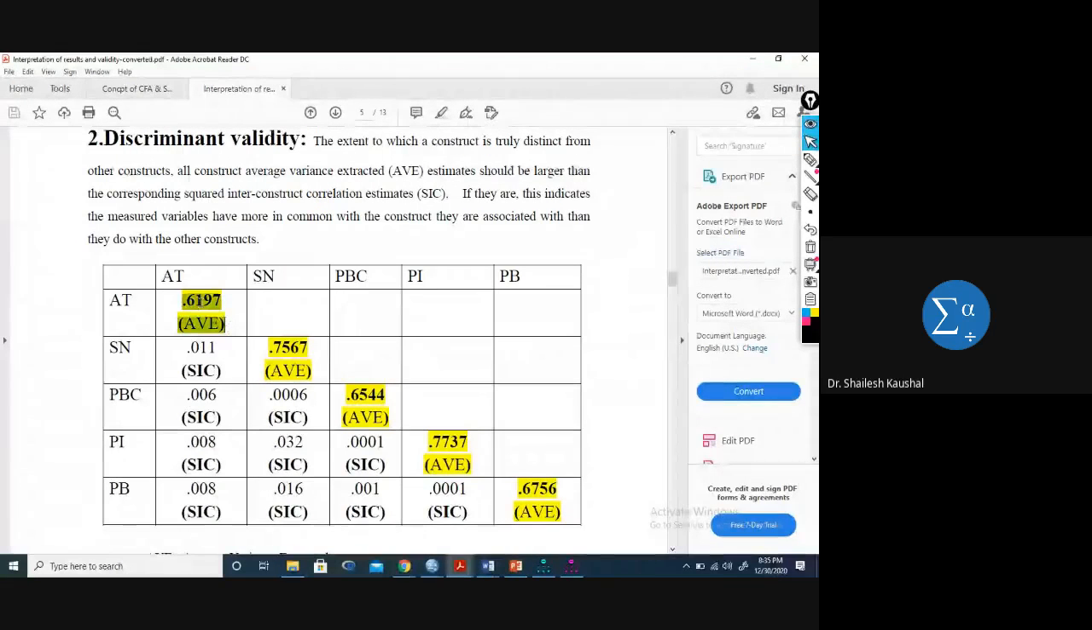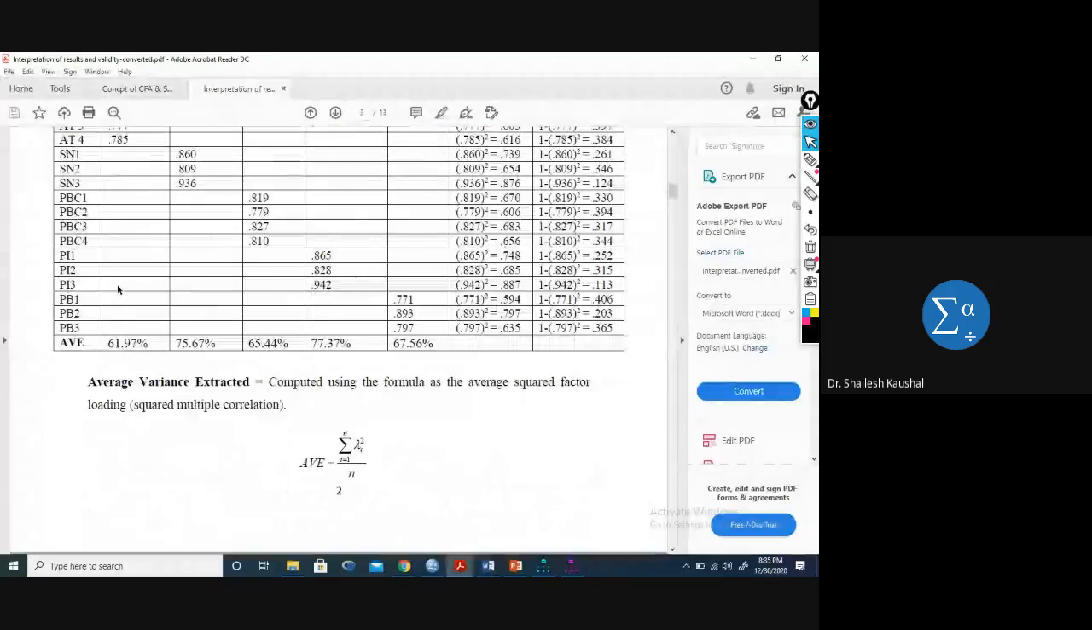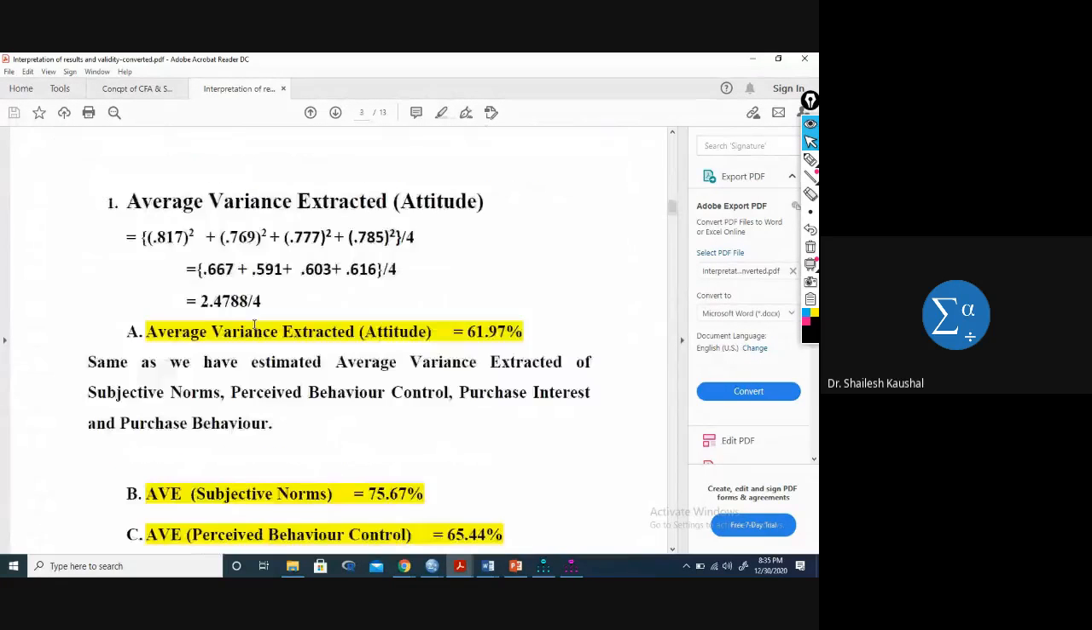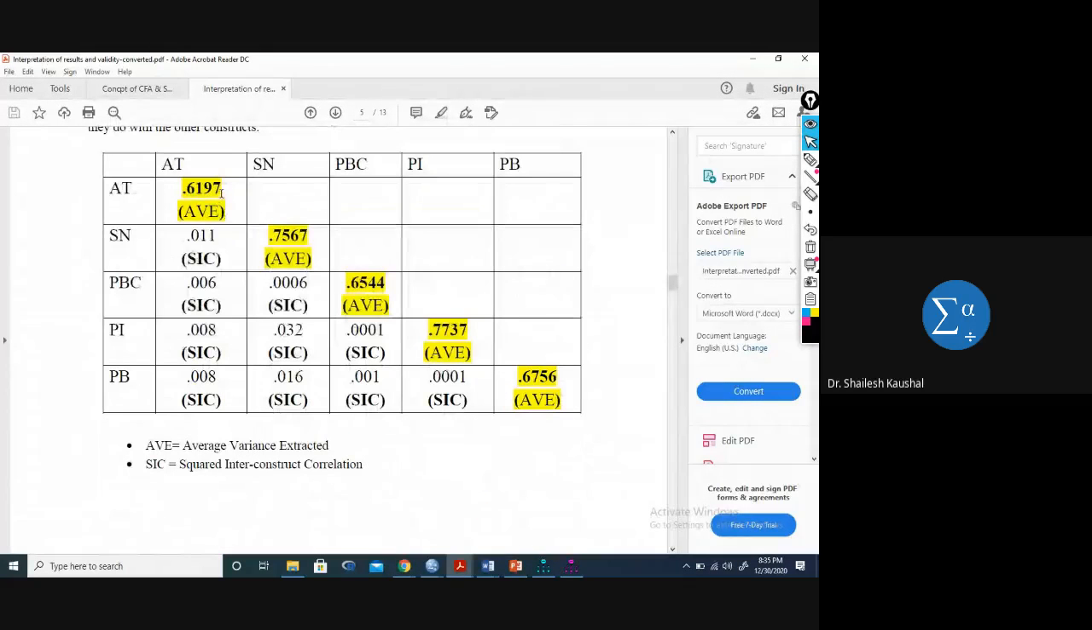These are the average variances extracted. For attitude, it means 61.97. We have taken this value from this table. This is 0.697, okay, 0.7567. These are diagonal. I am putting all the values here. This is the attitude value. The second construct's average variance value I have put here, third value here, fourth value here, fifth here. And the off-diagonal values are the SIC,